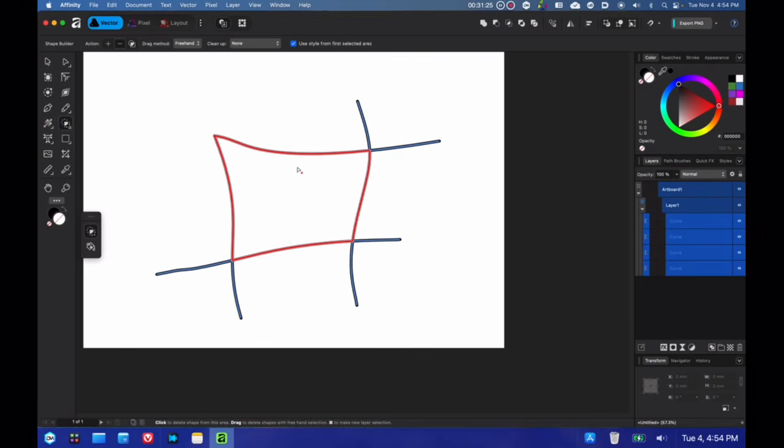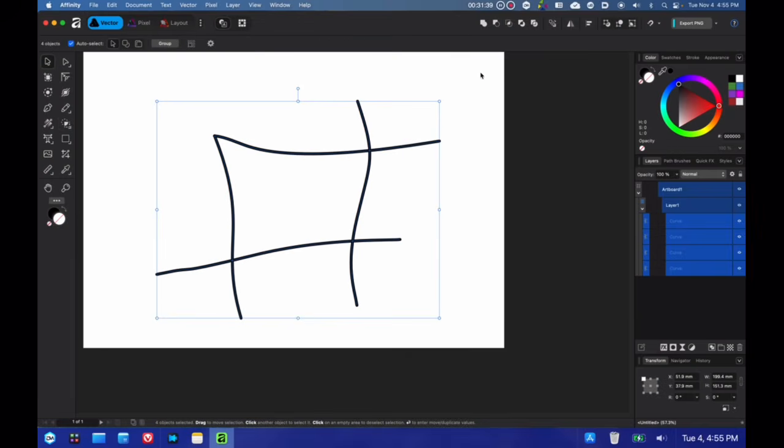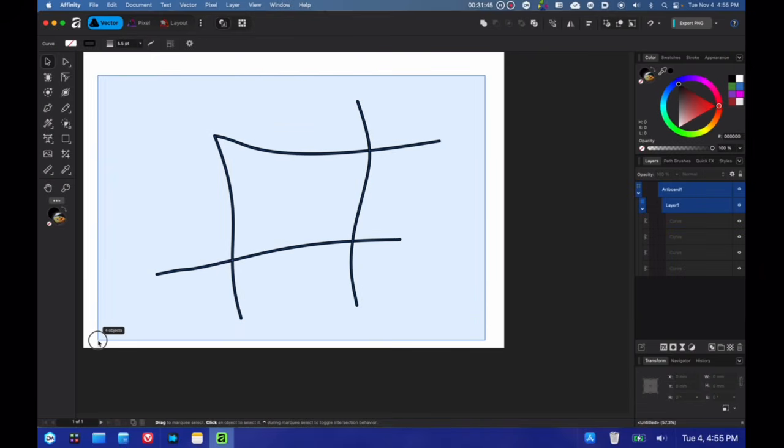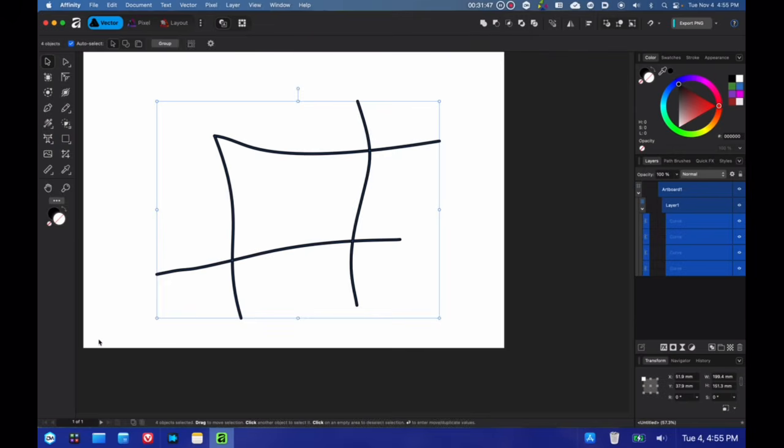But I just find that to be a really cool feature, that it can do more than just what a shape builder tool is meant to do, but to do those things as well, because I do like software that has more of a freestyle drawing approach, and so that is very helpful for me.